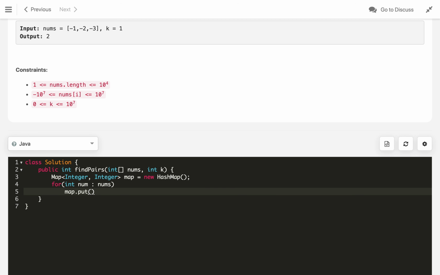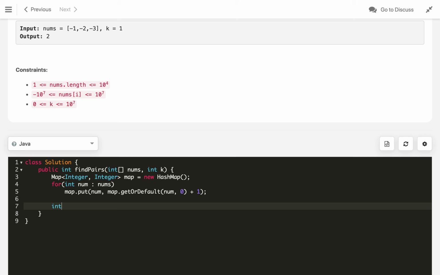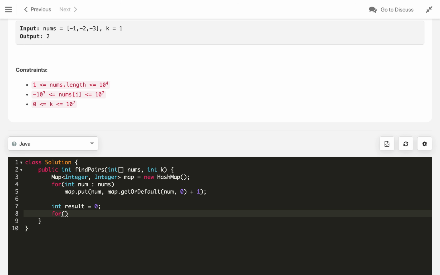We will put the num, comma, map dot get or default. If it exists, then get the last value, otherwise just get 0, plus increment the frequency. After the frequency map, we will create a variable result which will store the result, then iterate through int, let's say, x in the key set, map dot key set.